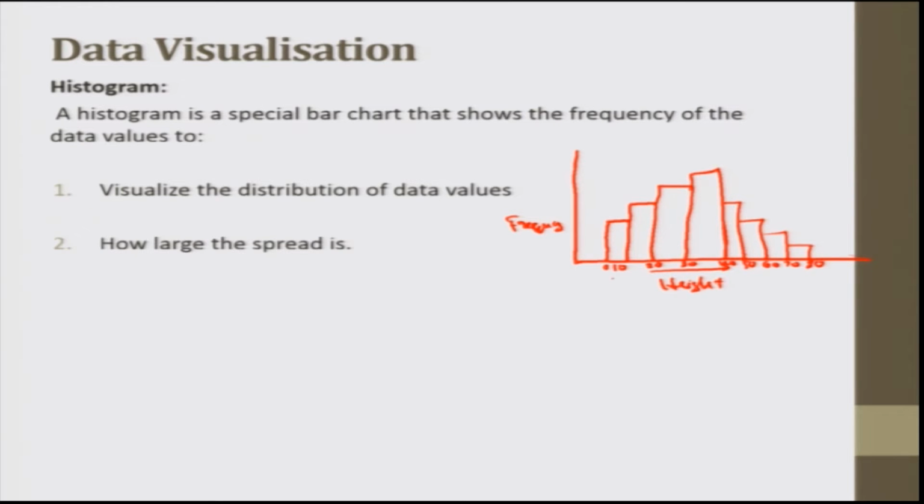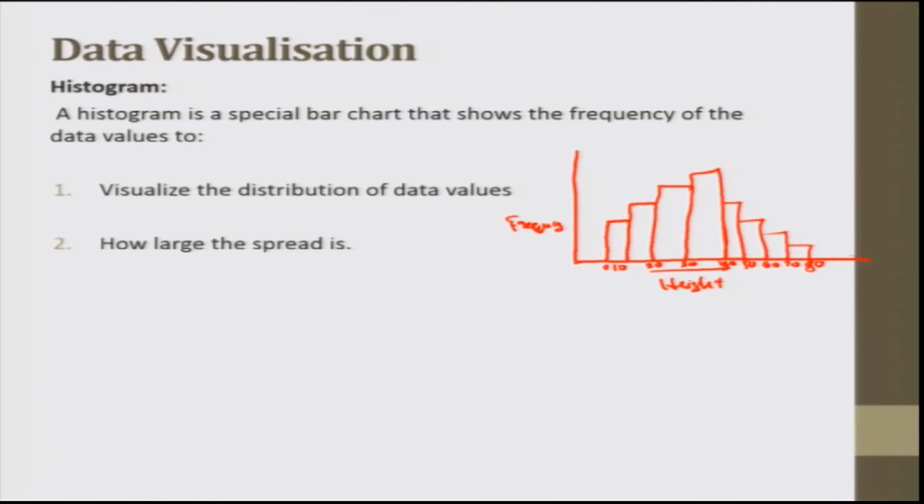Let me say the minimum value is 0, and the maximum value is 80 here. This might be the height of any component that we are trying to see. There are certain guidelines to draw the histogram. We cannot just divide the intervals into any number we like. If height varies from 0 to 800,